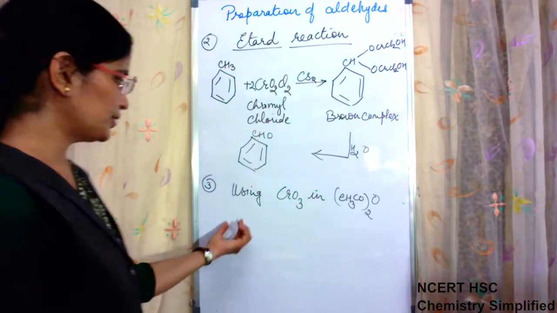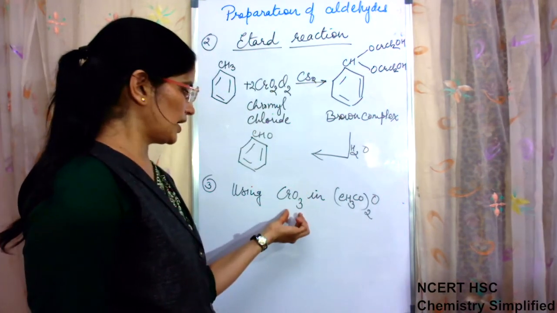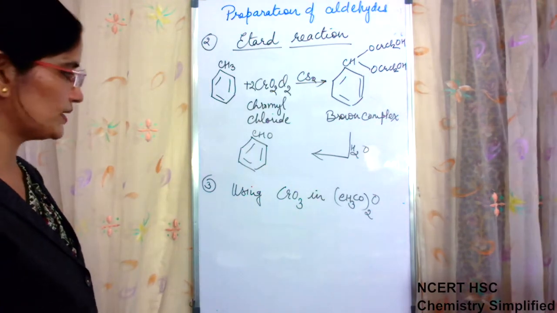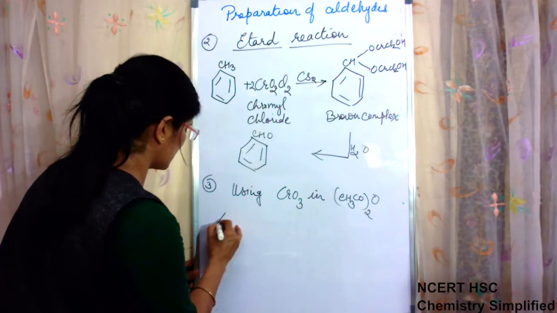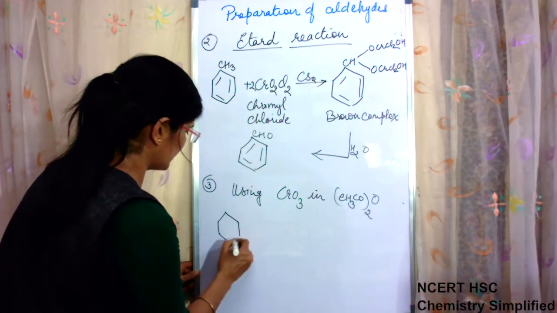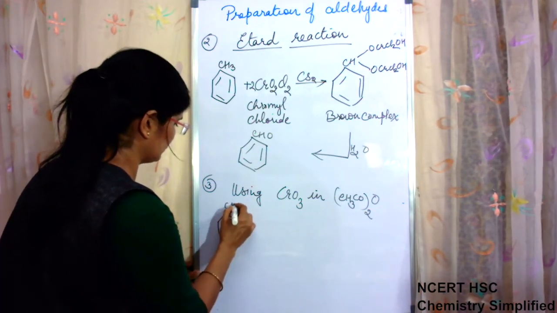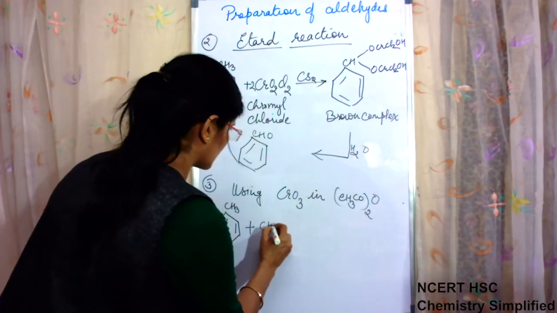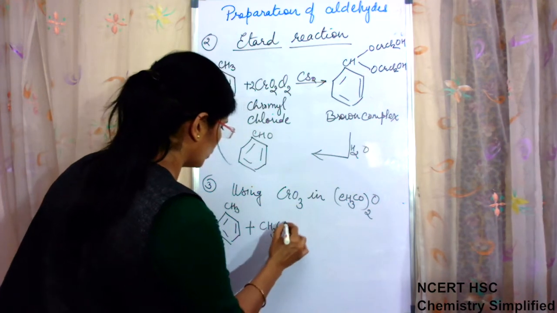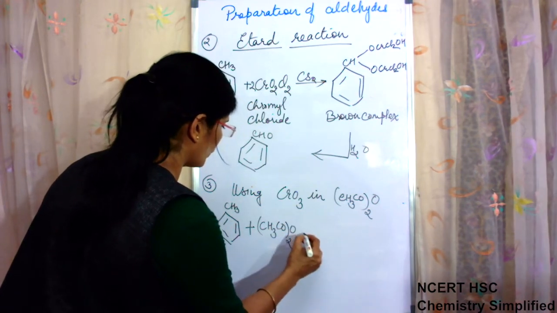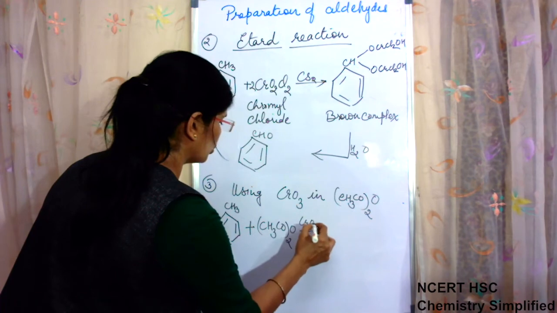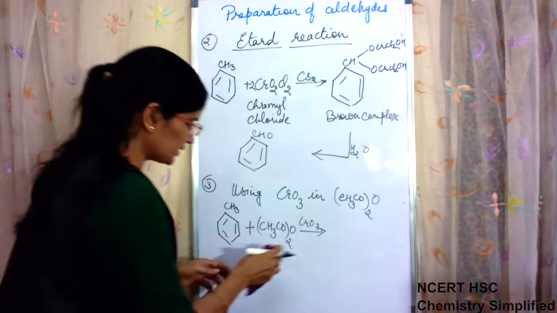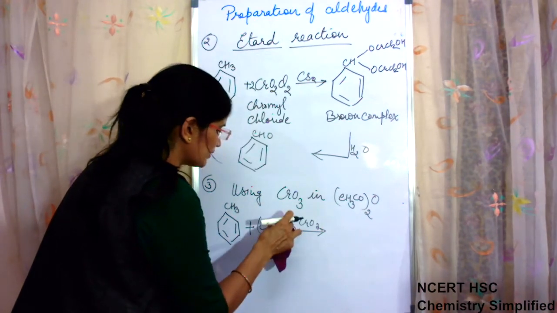Okay, by using chromic anhydride in acetic anhydride, CH3CO whole twice O. Then the same methyl benzene we will take, reacting with CO whole twice O, CrO3. Okay, this can also be written as, if you want to expand it and write,